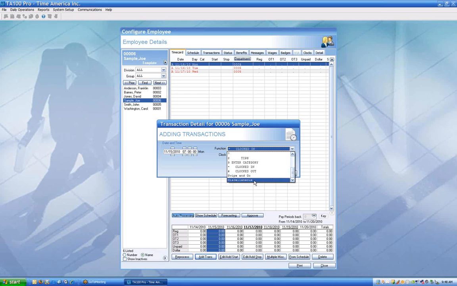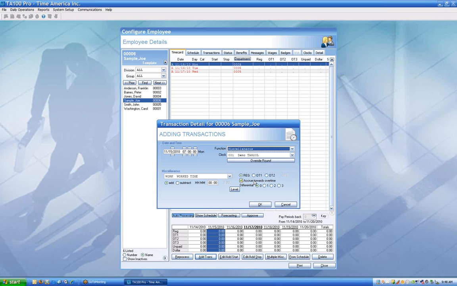I wanted to show how to give an employee 8 hours of jury duty time. So remember, jury duty is a category, miscellaneous entry, all one and the same. When I select miscellaneous, it does give me a new window. So before we get to that new window,